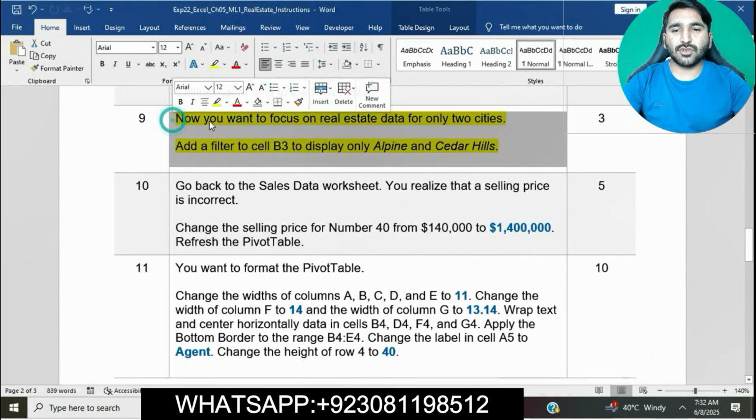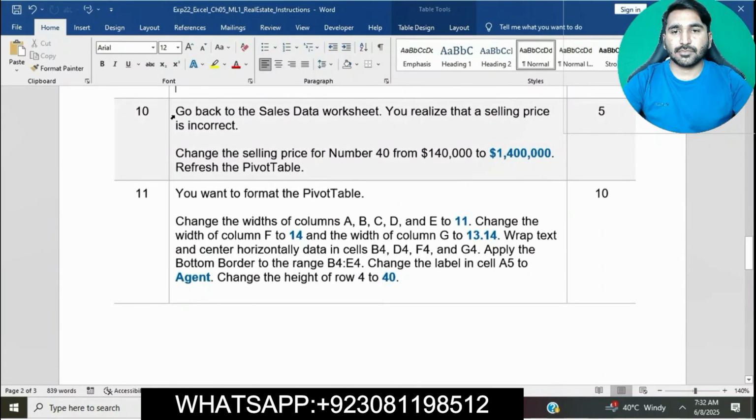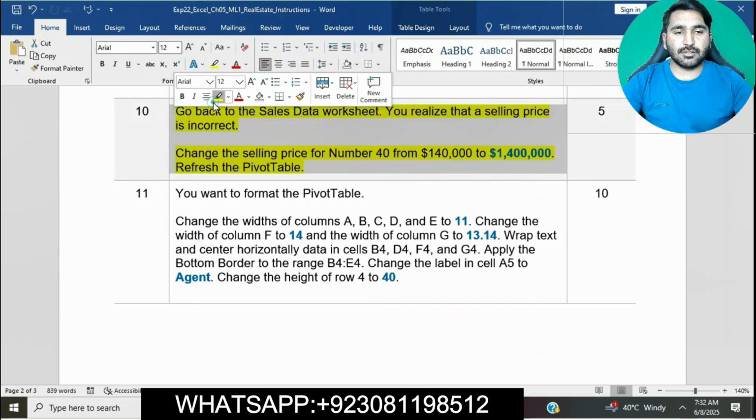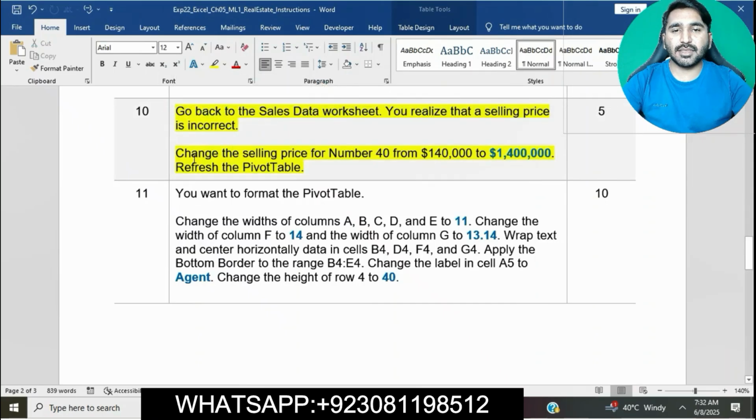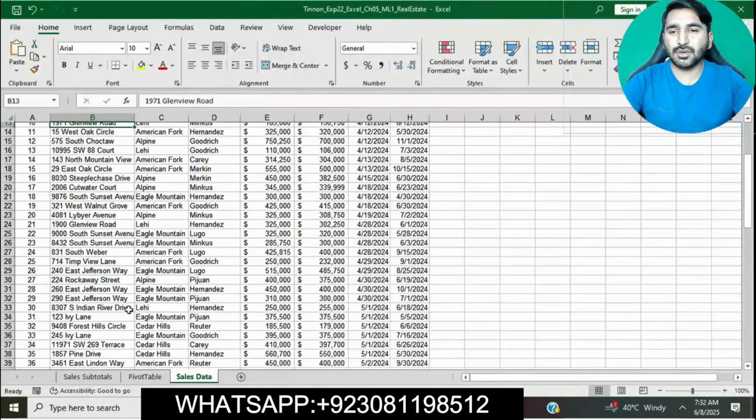Now we will move on to question number 10. Change the selling price for number 40 from 140,000 to 140 lakh. Refresh the pivot table. Go to the sales data worksheet and then go to number 40.